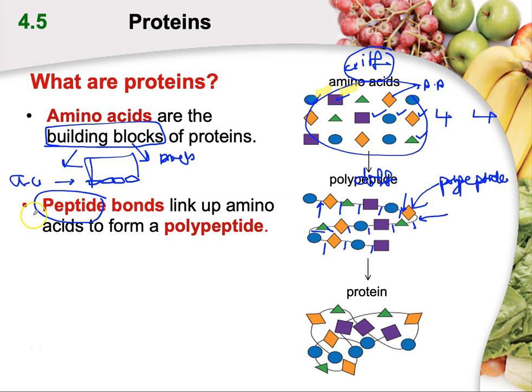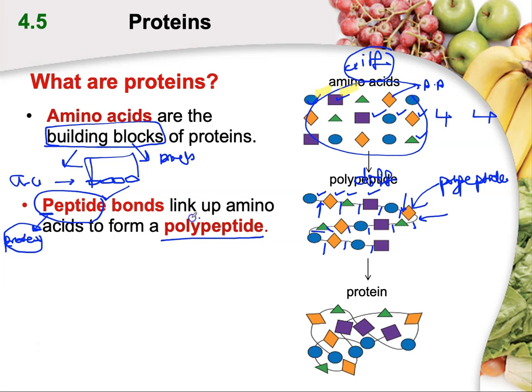Why do we call them peptide? Because it starts with P, just like proteins. So when we hear the word peptide, we know that it's got something to do with protein because P and P, protein. So all these peptide bonds will join all the different amino acids together to form a